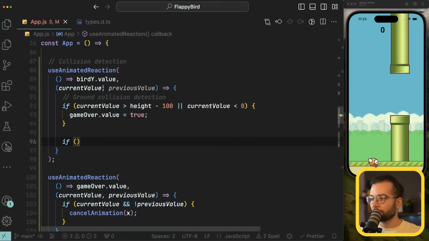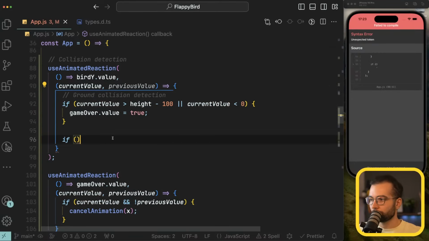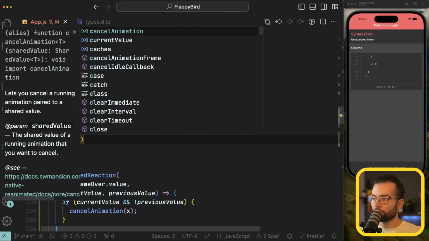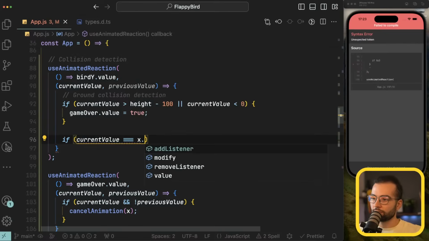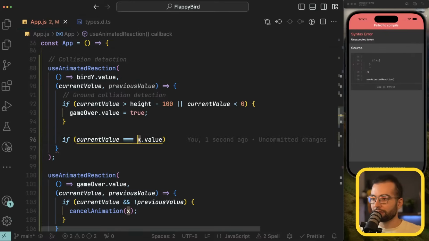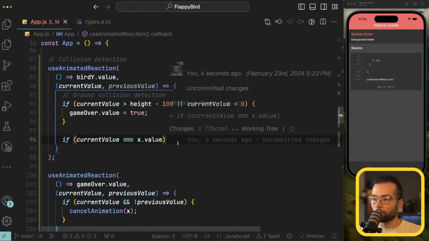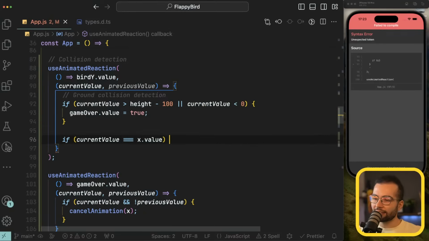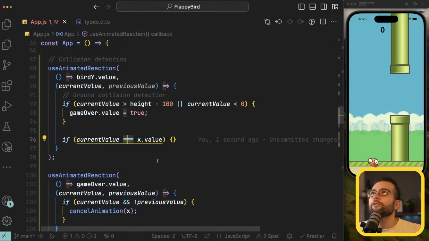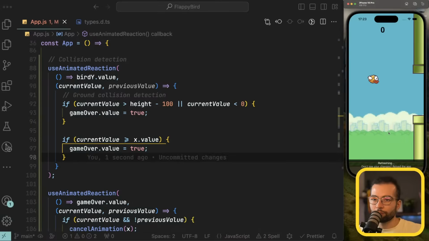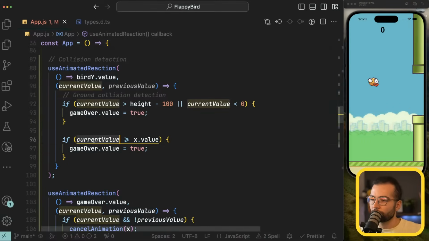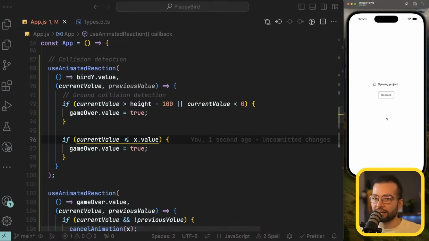So that means if this is current bird position, if current value is equal to x dot value, and x is our map, x is our pipes. If it's equal, or let's say, it shouldn't be equal. It should be current value is more or equal than the x value. Let's do game over. So that would mean that if current value is less or equal than x value,